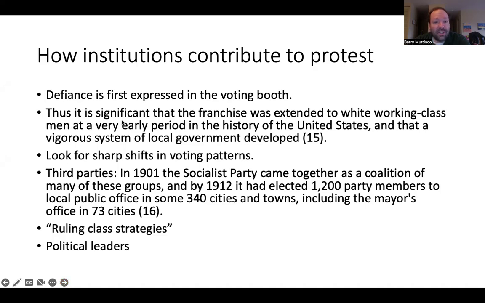They write, it is significant that the franchise, meaning the voting franchise, was extended to white working class men at a very early period in the history of the United States, and that a vigorous system of local government developed out of that. So basically, they're saying that one of the reasons maybe why white working class voters tend to be much more, in many ways, conservative, is because there's not a long history of working class